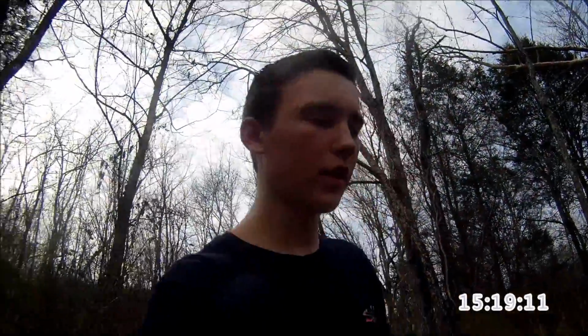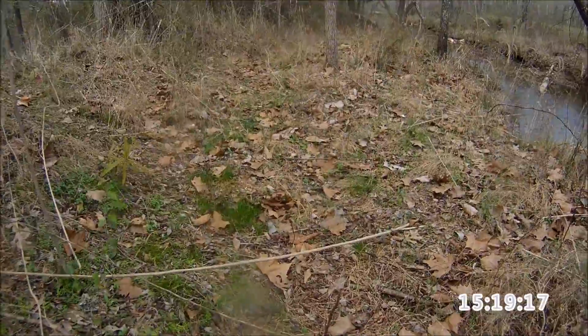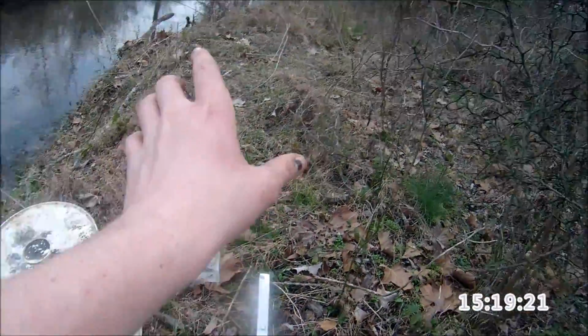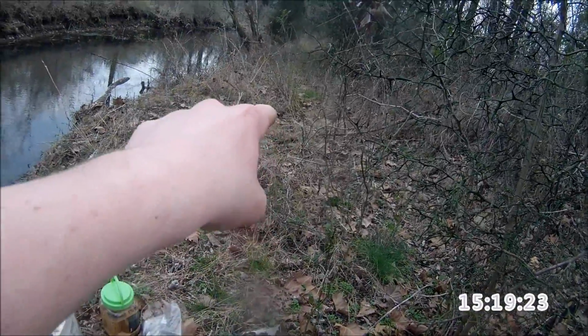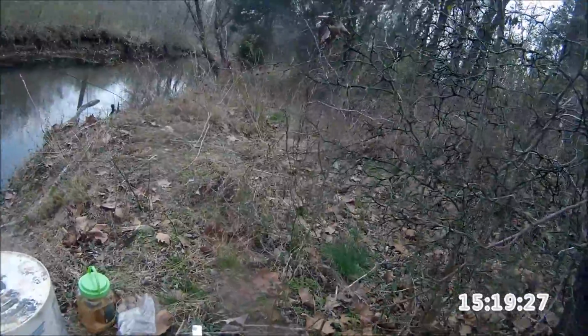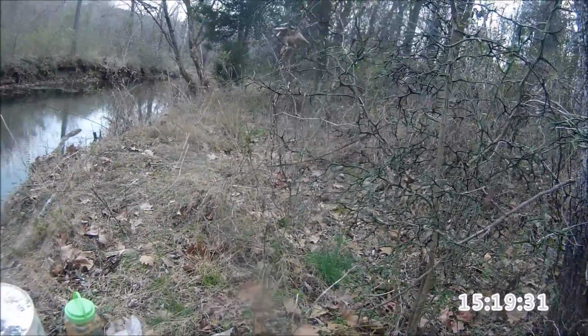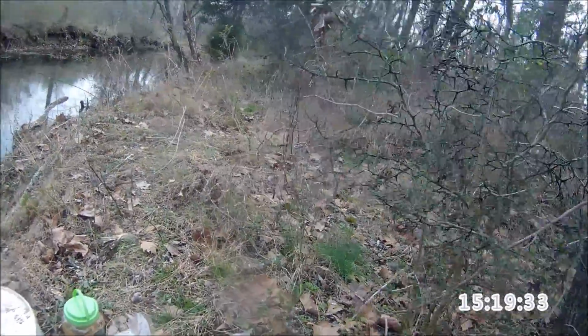So right now I'm sitting on a trail right here. I'm not sure if you can see it on the camera, but it comes through right here, and then there's a little pinch point right there in the grass. I was going to put my trap there so they can run through it, but then I saw this